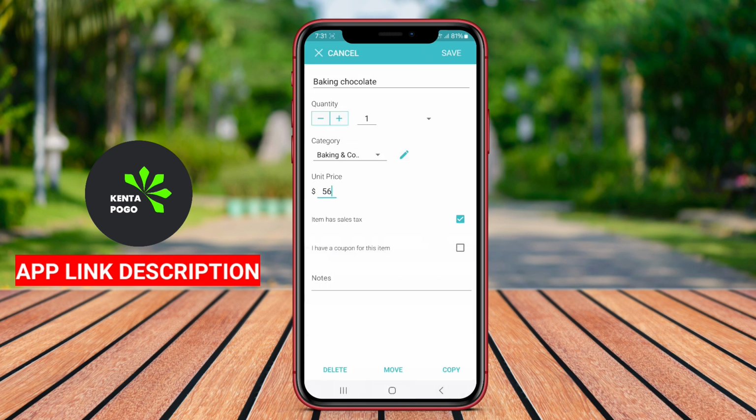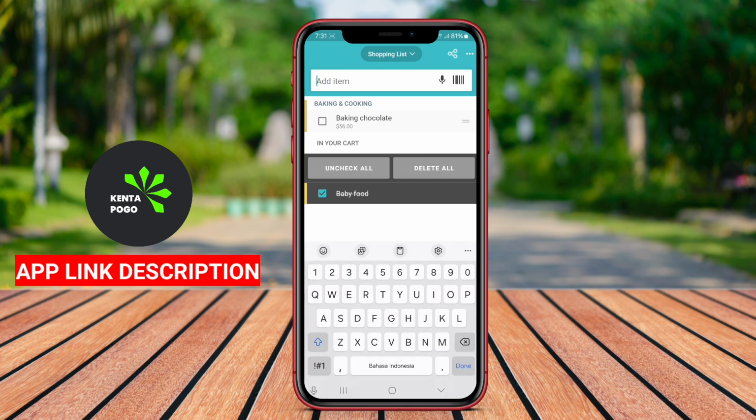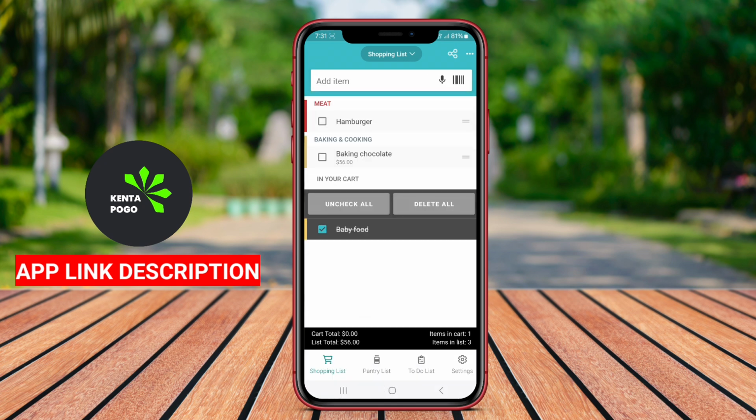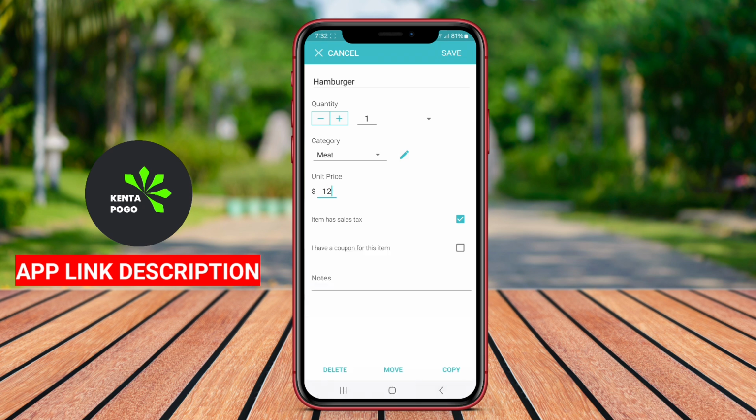Users can often create multiple lists for different shopping trips, making it convenient for meal planning or specific occasions. Additionally, many grocery list apps offer options to share lists with family or friends, enhancing collaboration and coordination for group shopping. Many of these applications may include features such as barcode scanning for quick item entry, inventory tracking to monitor